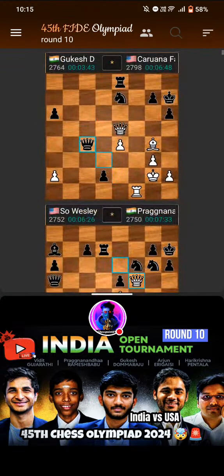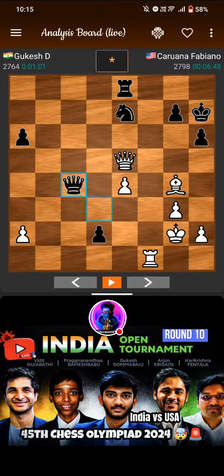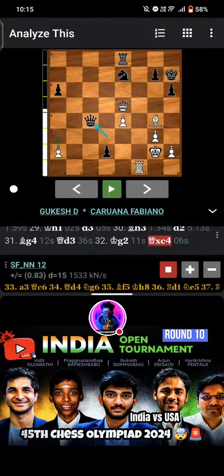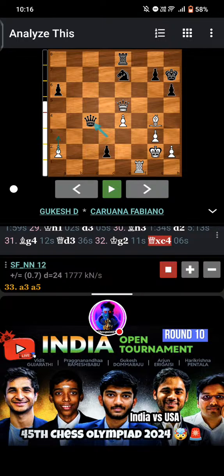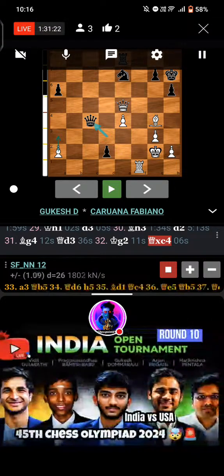So the Gukesh game is now an important game here. Position is good for Gukesh. If he continues like this, it's amazing. So just put